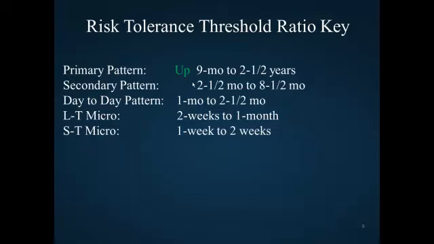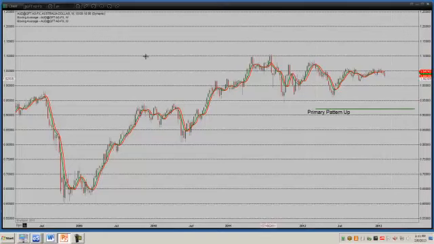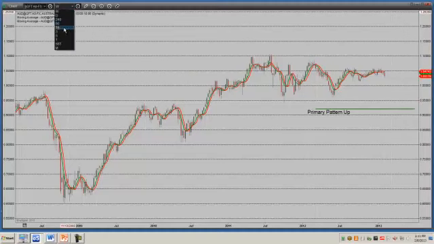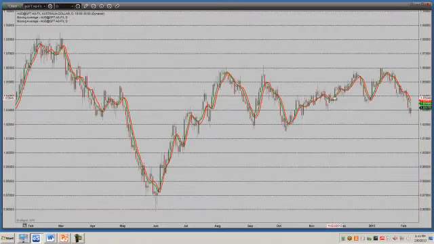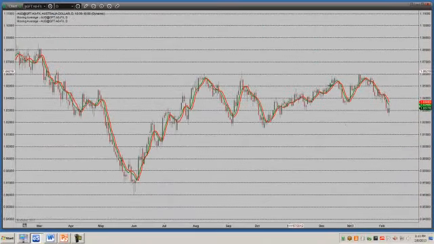We next need to calculate our secondary pattern. The secondary pattern would be 2.5 months to 8.5 months. Let's do the same exercise. Go back to the chart. In this case, we're going to look at a weekly chart. And we can go back over that period. Go back,